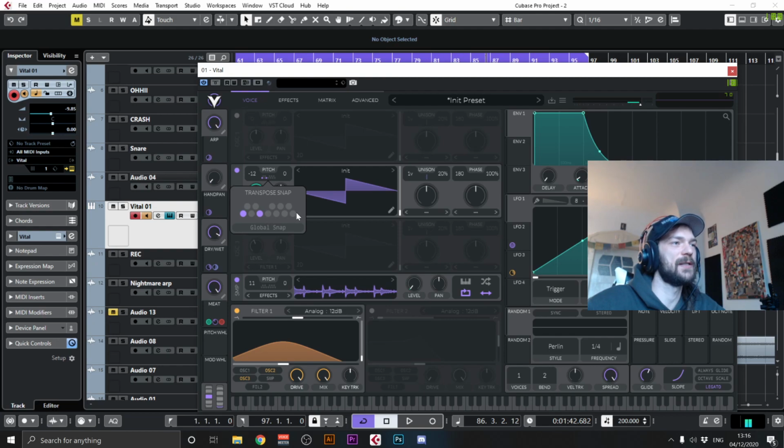You just need to know your scales, and if you know that, then you can use the transpose snap in this way that I just showed you. If you're in minor, you put, for example, the minor third. If you're in major, the major third. Diminished would be this and this, and so forth. Oh, wait, one, two, three, four, five, six, actually, like this. It's super easy. If you know a little bit about music theory, then you can really adjust and make your arps or modulations very harmonic.